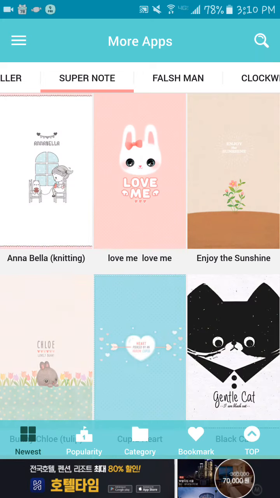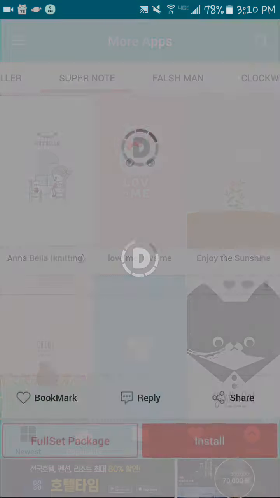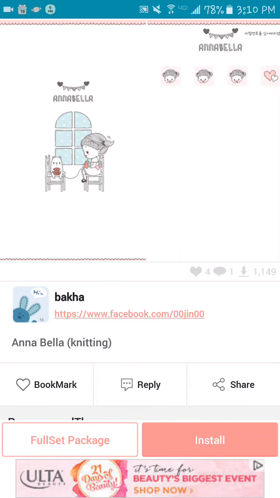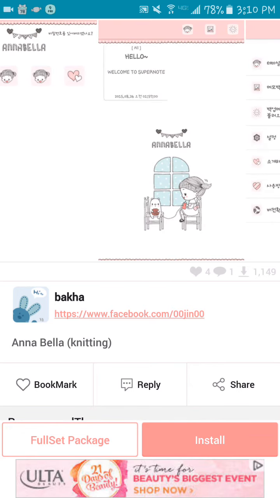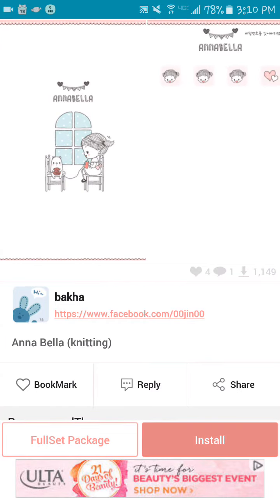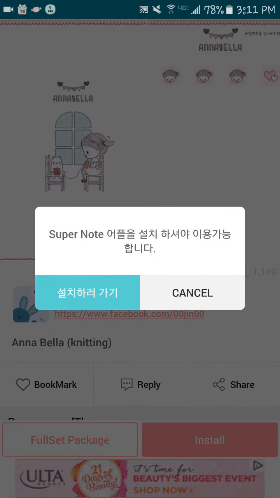And I'm going to use this Super Note section now to show you a message that might pop up on your phone in Korean, which can be quite confusing, and I'll show you what to do if that happens. So this is a Notes app, and say that I would like to install this theme for this Notes app. So I hit install, and it gives me this message. This message means I don't have the Notes app Super Note installed, and in order to apply this theme, I'll need to